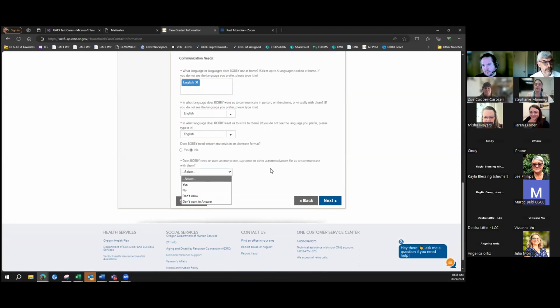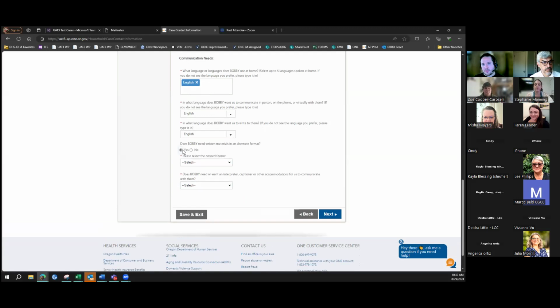And then if Bobby needs alternate format for the notices, we have a number of different alternate formats that we can provide notices in. I'll add that we are in the process of adding more languages for our notices too. But I can get more information on that if anyone is interested. I don't have the list in front of me right now.